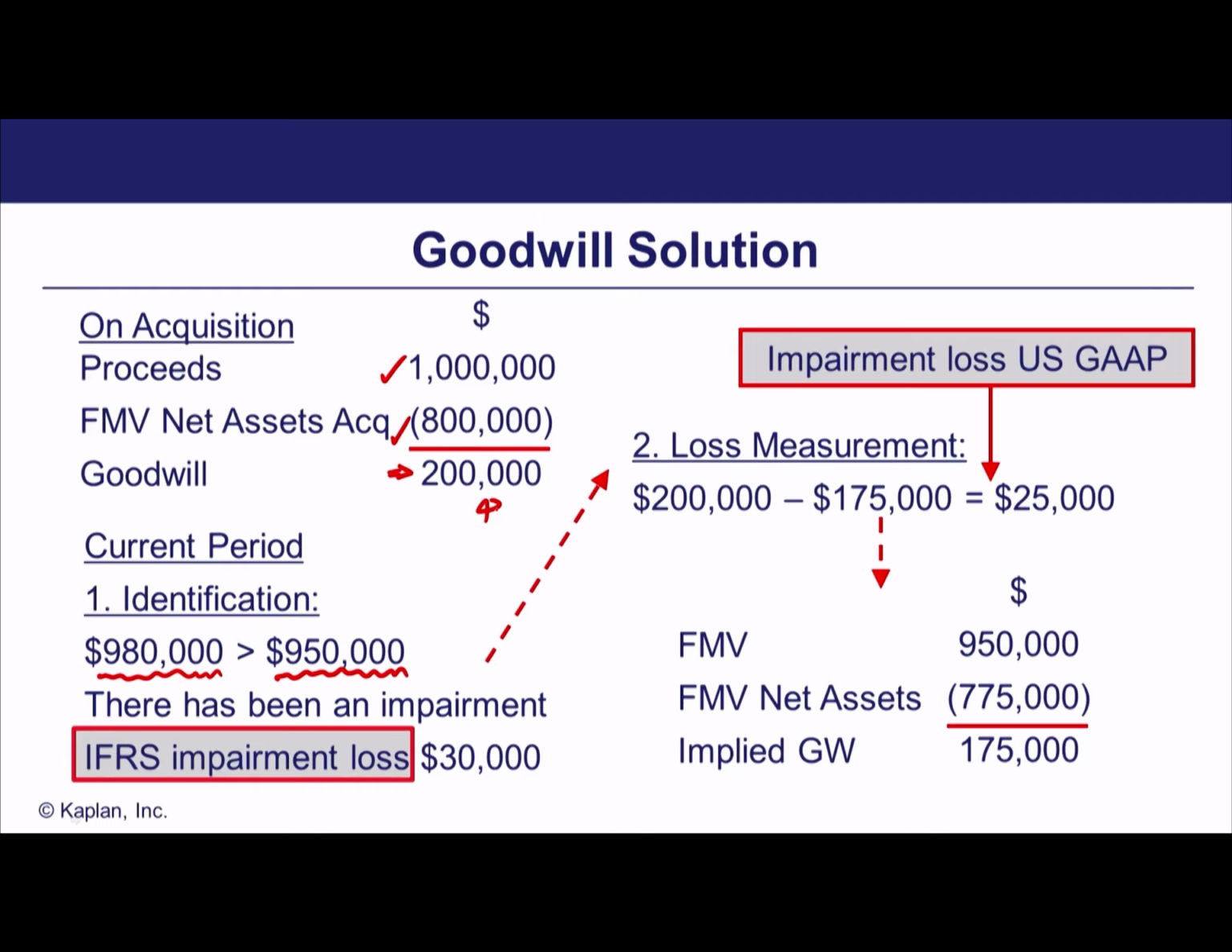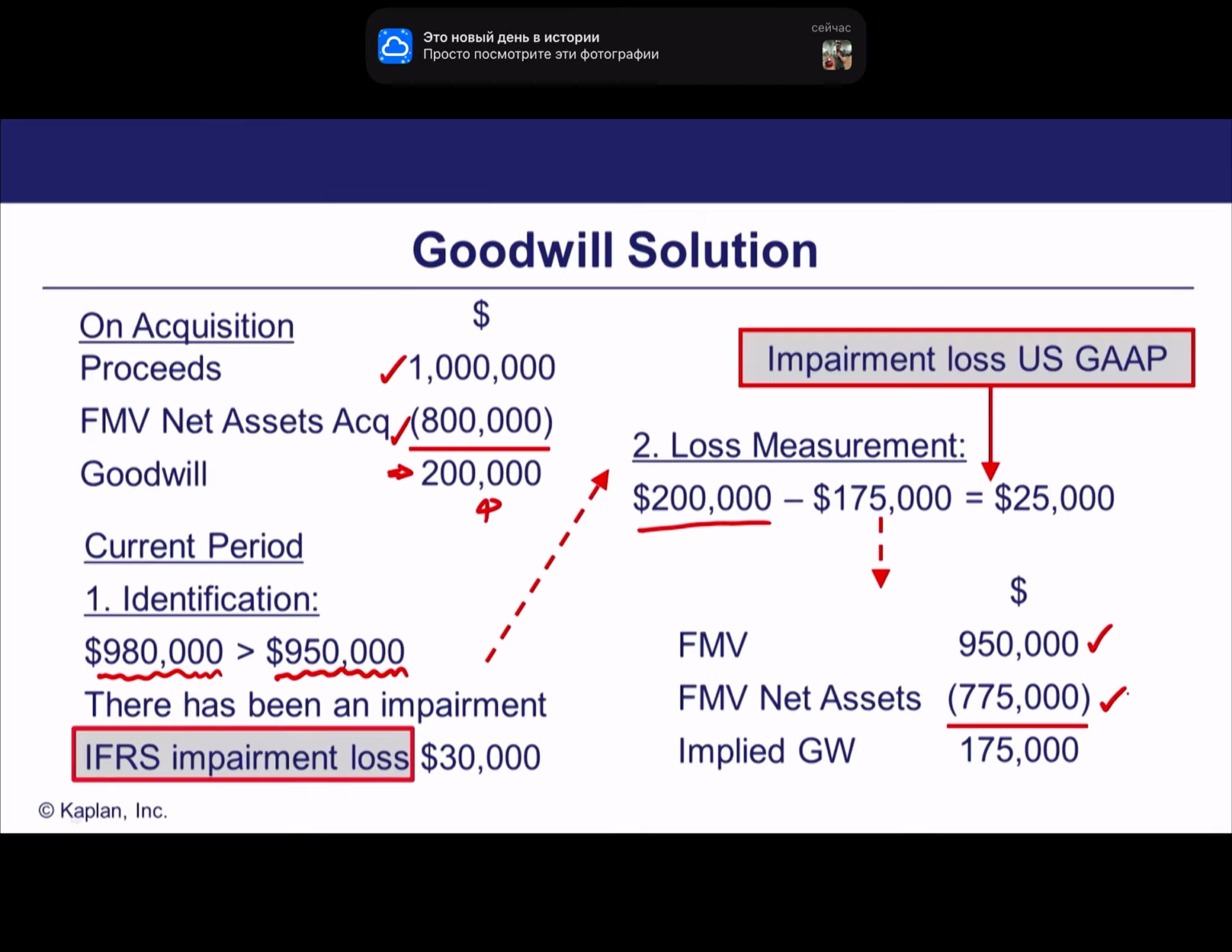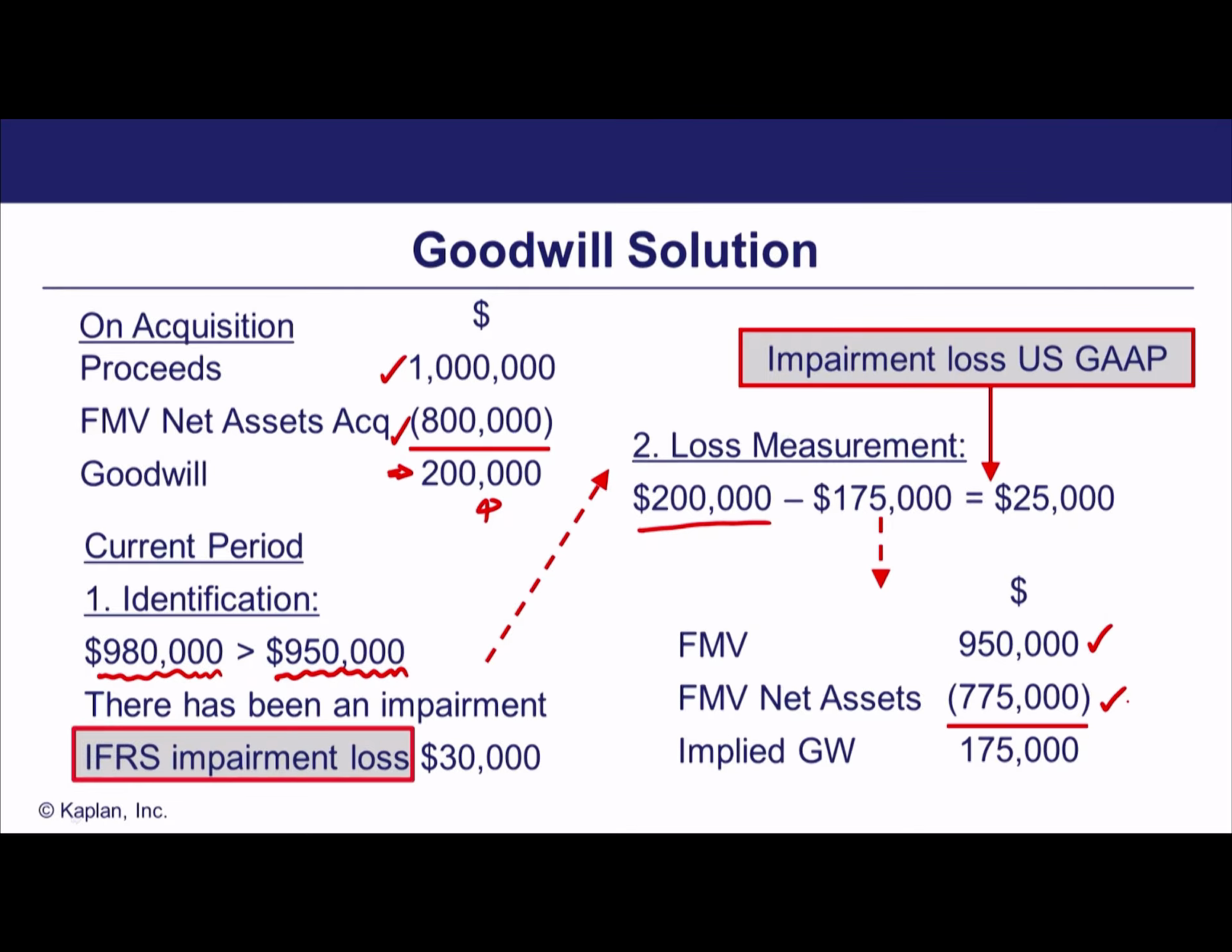Now, under US GAAP, remember, comparing carrying value to fair value just allows you to identify that there's been an impairment. We then move to step 2 under US GAAP, which is measuring the impairment. So here is our original goodwill. What we now do is we recalculate goodwill at the current point in time. Now, we're told in the question that the fair value of the subsidiary is estimated to be 950,000, and we're told the fair value of its net assets at this point in time is 775,000. So if essentially you were to calculate goodwill right now, 950 minus 775 gives us